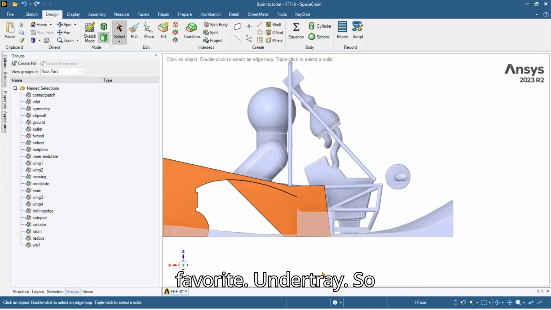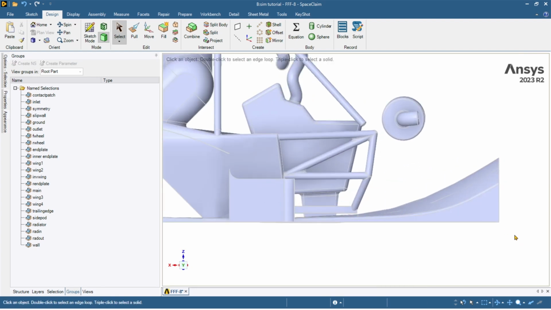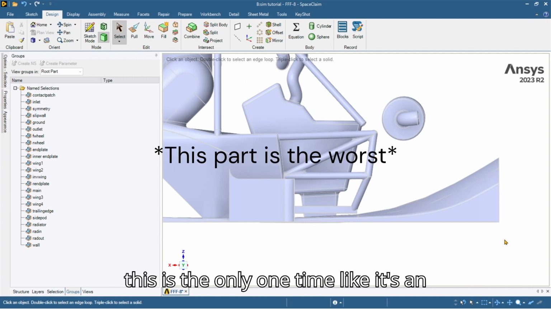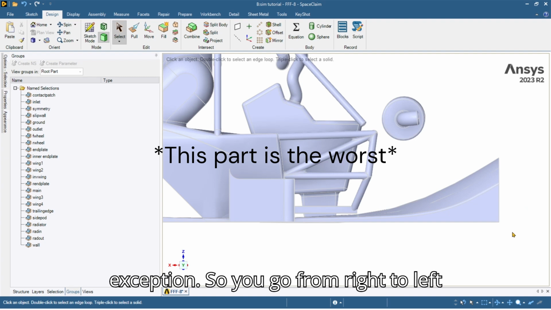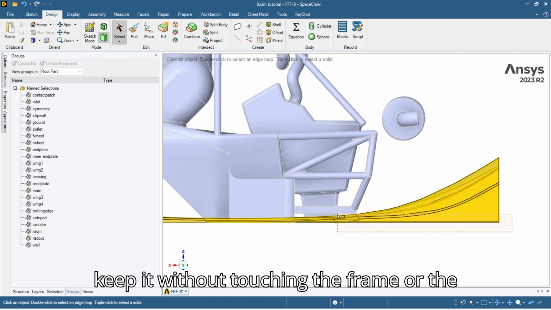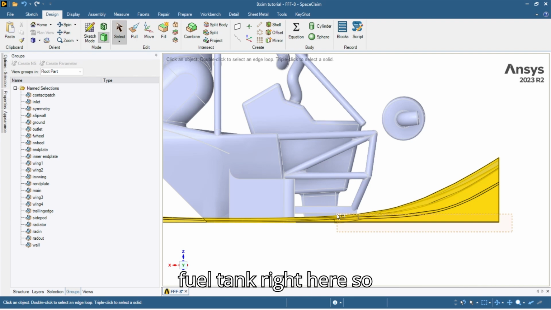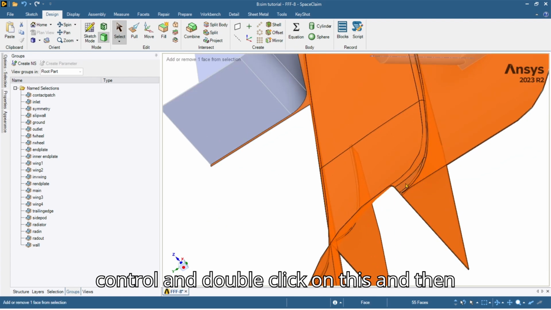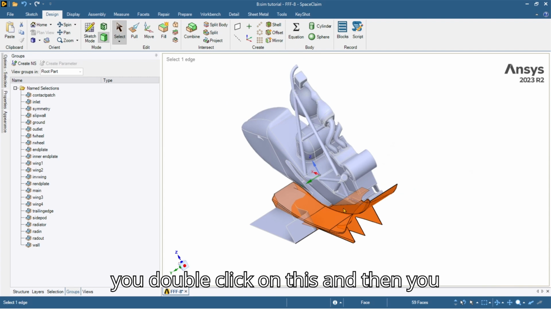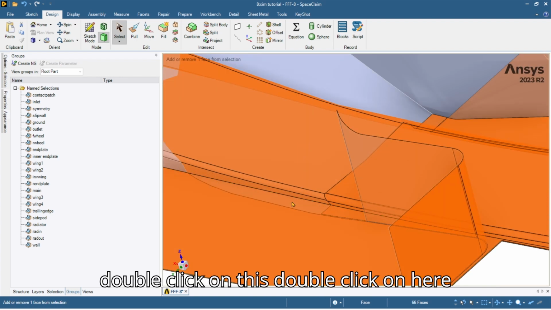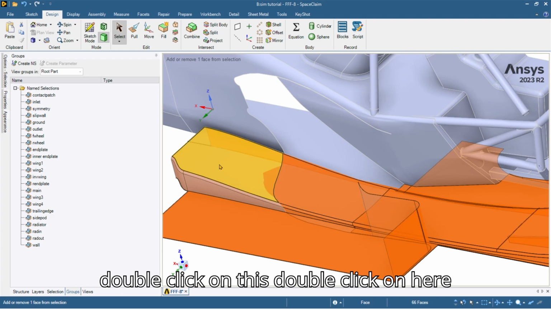My favorite, Undertray. So what you've got to do here is that this time you're going to use right to left, but this is the only time. It's an exception. So you go from right to left, keeping it without touching the frame or the fuel tank right here. You hold control and double click on this, and then double click on this, and then double click on this, double click on this, double click on this, double click on here,